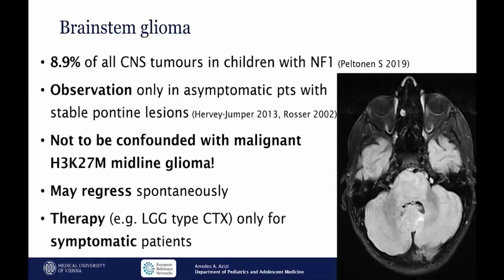In about 9% of all CNS tumors, those can be seen. And what is very important, most of them can only be observed in asymptomatic patients. Those tumors must in no circumstance be confounded with malignant midline glioma, H3K27M mutated or with loss of H3K27 methylation, because these have a very poor prognosis and can be found in sporadic cases, meaning in children without NF1, whereas those tumors that we can see here are very low grade and they might even regress spontaneously with